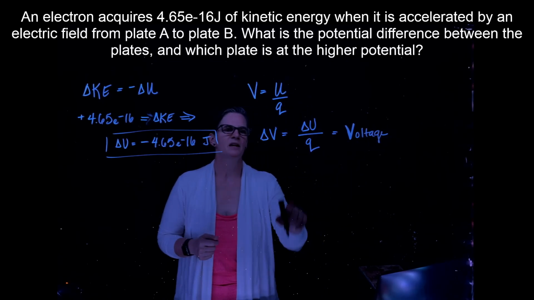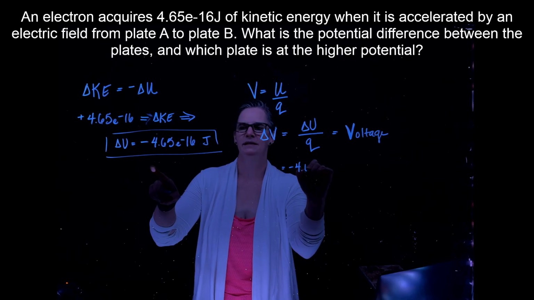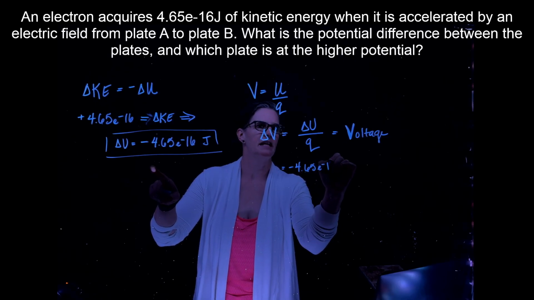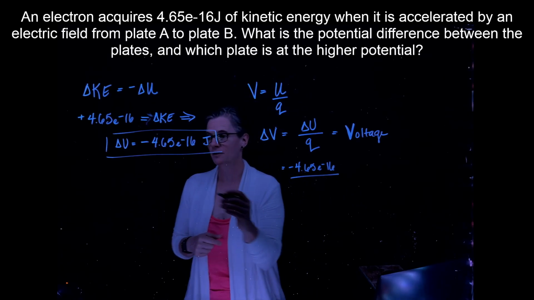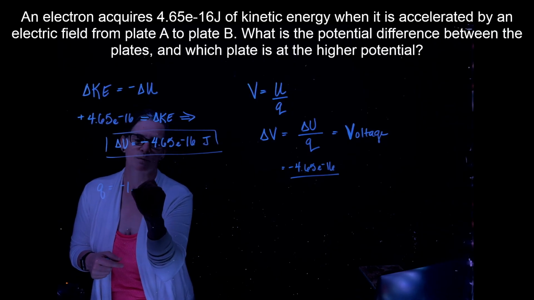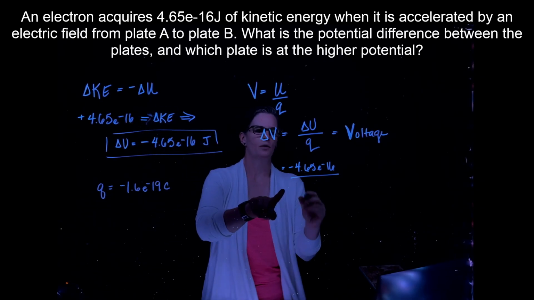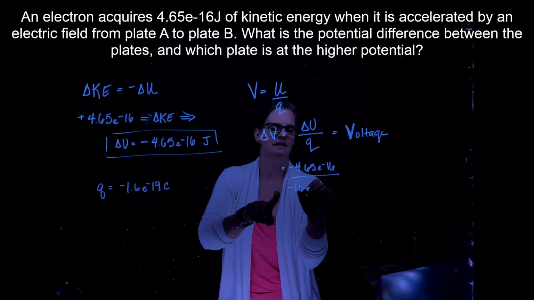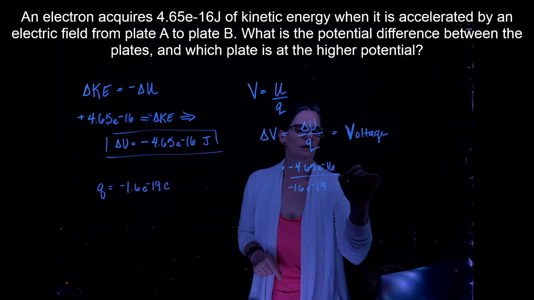So our potential difference is minus 4.65 times 10 to the negative 16, divided by our charge. Well, this is an electron. Remember, the charge on an electron is equal to minus 1.6 times 10 to the minus 19 coulombs. That's going to equal our voltage,